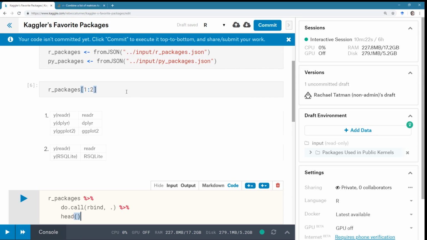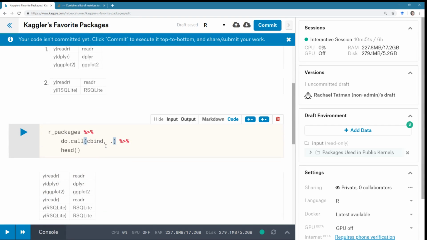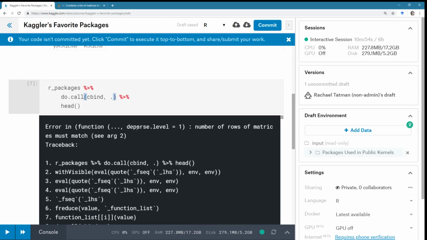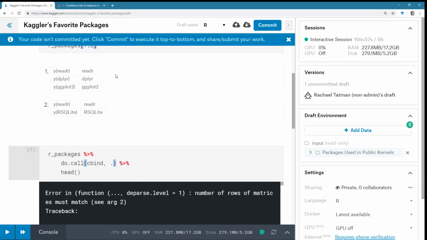Okay, so I could do the same do call function. What if I do cbind instead? And no, that's just gonna get me a very long, well, first of all, it's gonna throw an error. I'm assuming, let's find out what that does. Yeah, it's gonna throw an error. The reason is that this one is 3 rows, this one is 2 rows, and if I'm trying to put this one next to this one, it's like, where's the 3rd row?